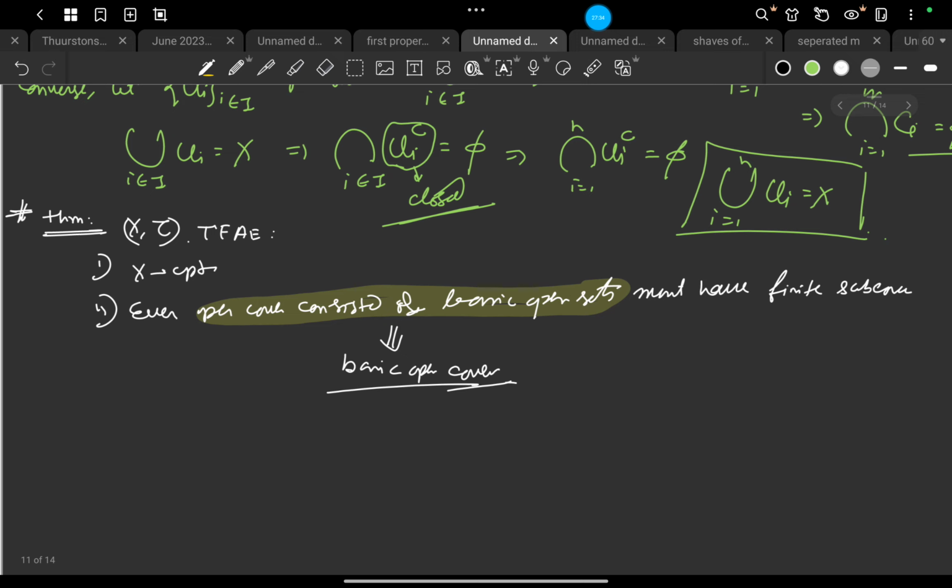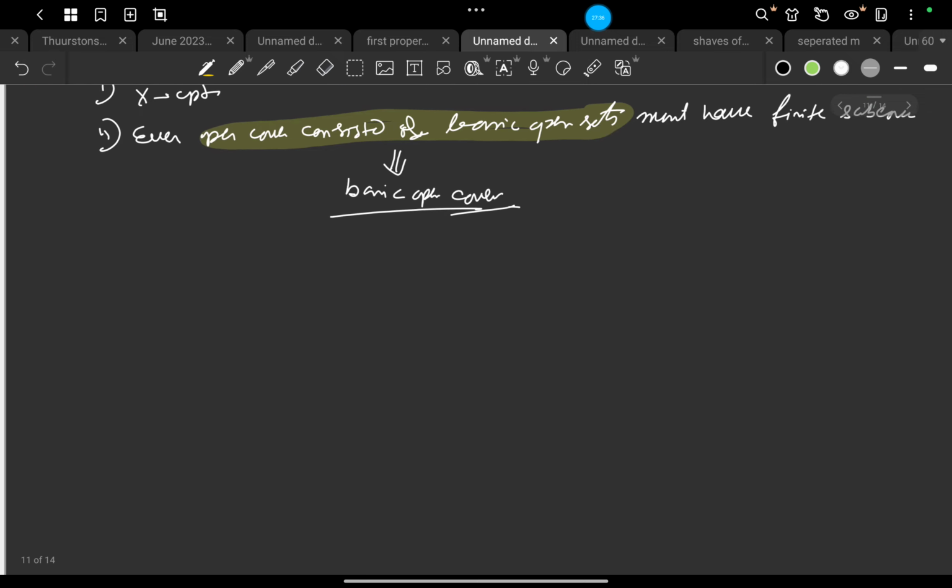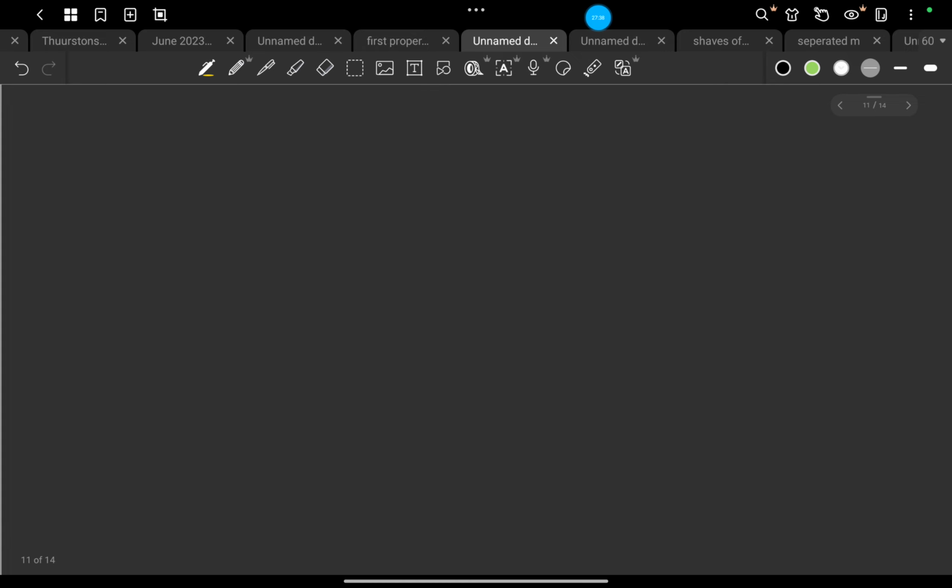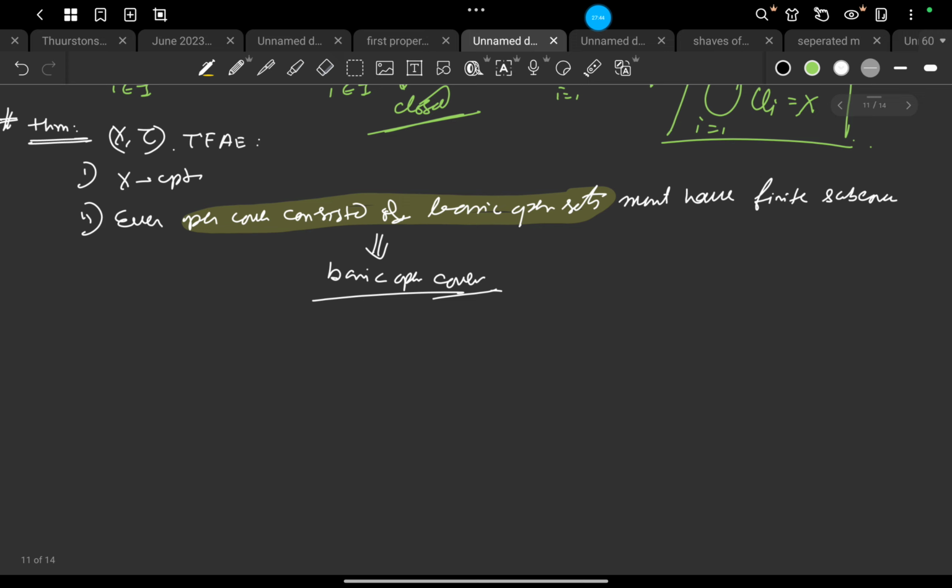This means every basic open cover has a finite subcover. So how to prove it? One side is very clear, right? If we consider a compact topological space, then any open cover must have a finite subcover, because in the definition of compactness we didn't put any criteria on the open sets.